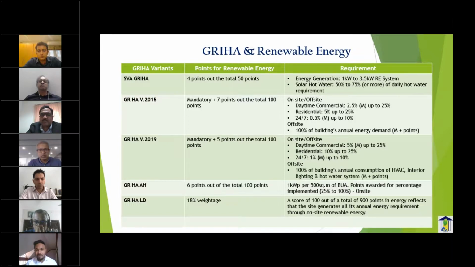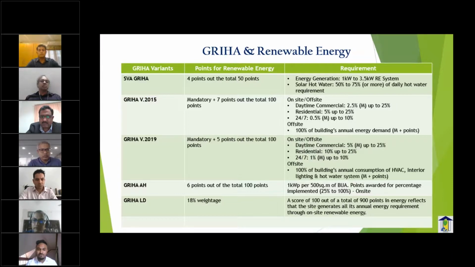With residential, it's not mandatory. However, they get points from 5 to 25%. And with a 24/7 operational building, about 0.5% has to be offset through an on-site system, and they get points in case they're able to increase it up to 10%. With respect to off-site, 100% of the building's annual energy demand should be met, because that's a mandatory requirement as